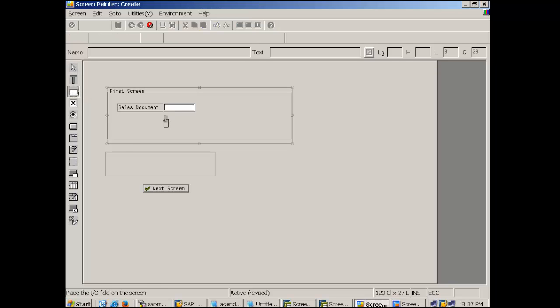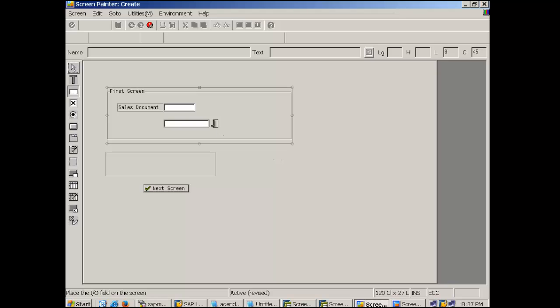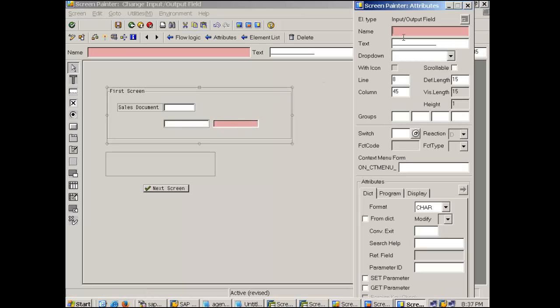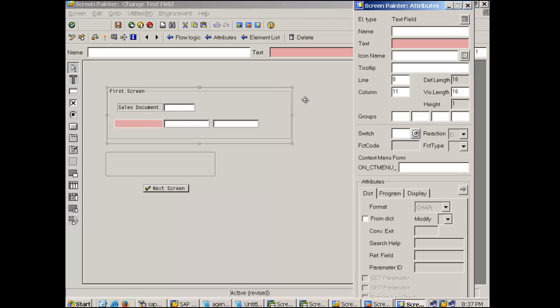So this is the input field, I1, this, create one more input field, I2, which is like low and high, create a text here, text name is V1, material number,